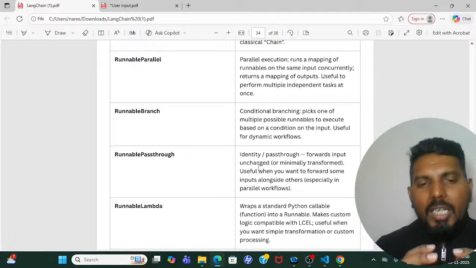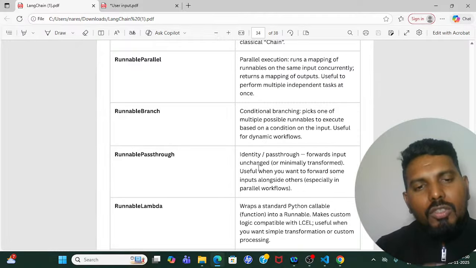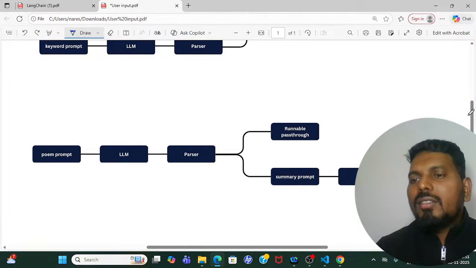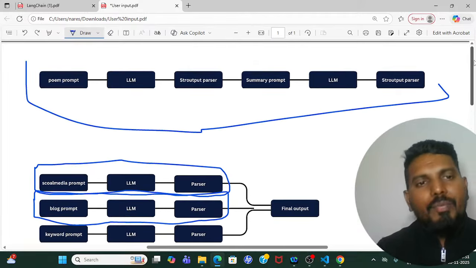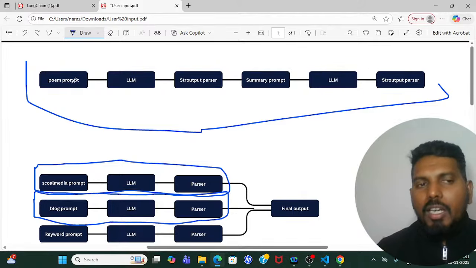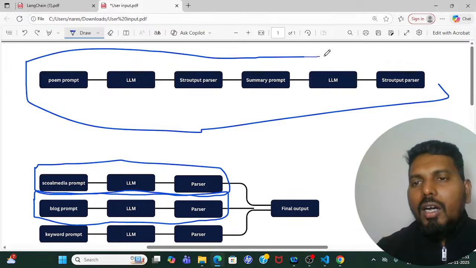So there are some particular cases where we need to use runnable pass through. One such case is yesterday's runnable sequence case. If you observe carefully what we have done in runnable sequence yesterday, we have successfully invoked